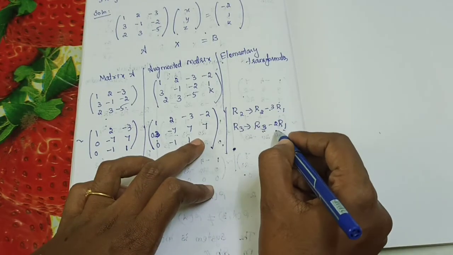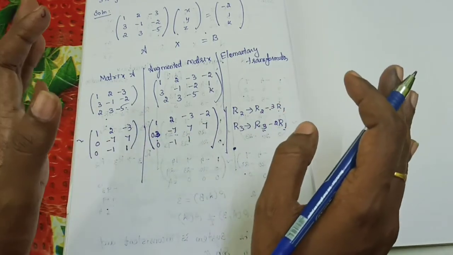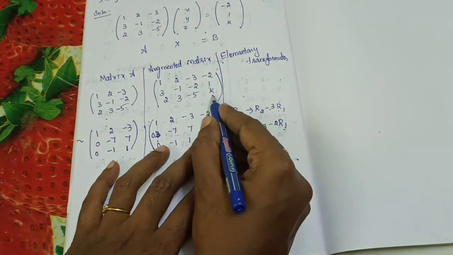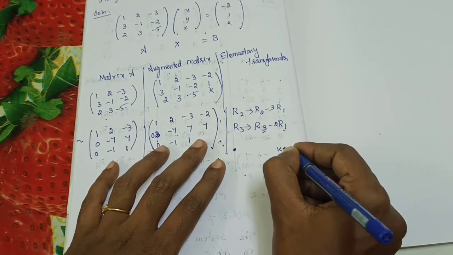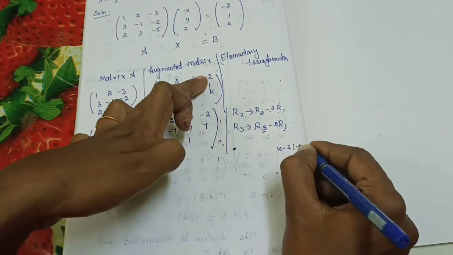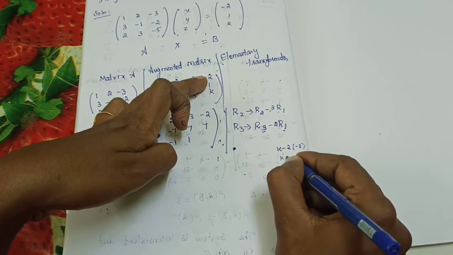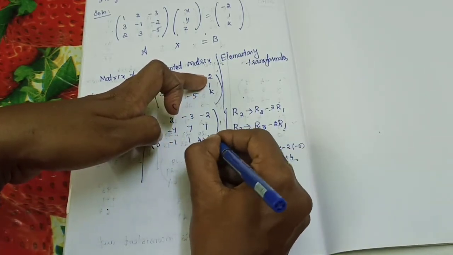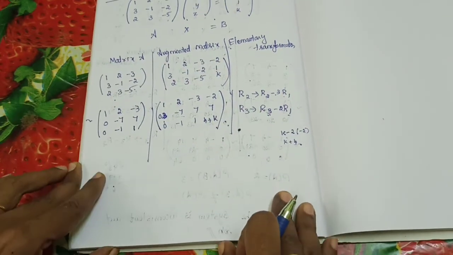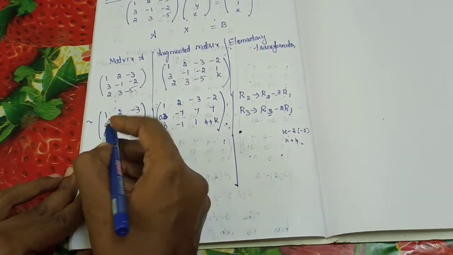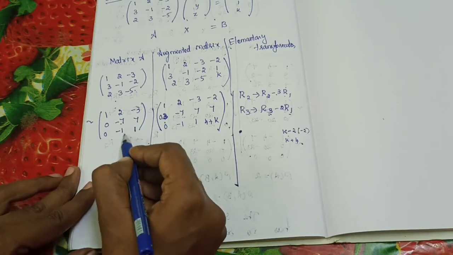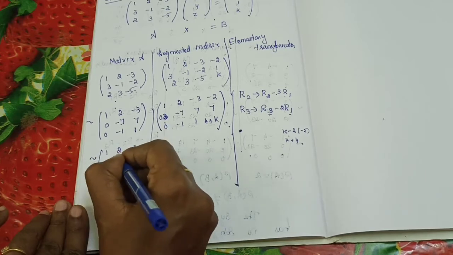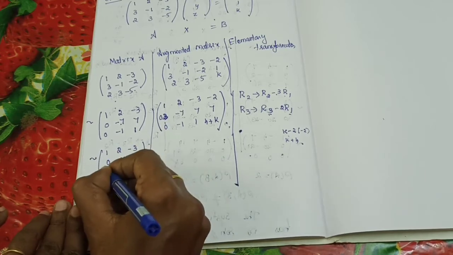Correct? Then here R3 minus 2 into R1. Correctly you need to do because here one k is there. That's the difference. Understand? So R3, here it is k. So k minus 2 into R1, what's there? Minus 2. So k, minus into minus is plus. So how much will you get? 4 plus k. Understand? 4 plus k. Okay, next what will you do? You will check the next non-zero entry. Down you need to make it 0. So 1, 2, minus 3, 0, minus 7, 7, 0.